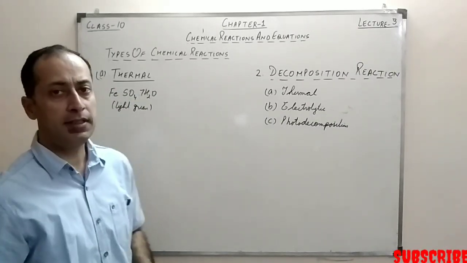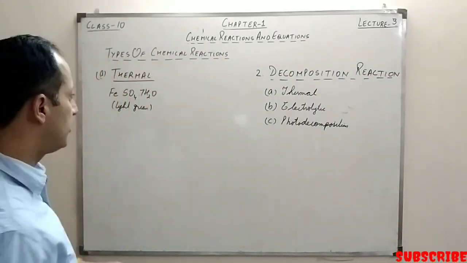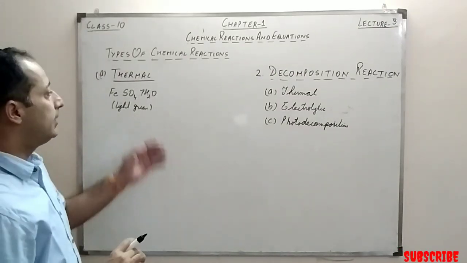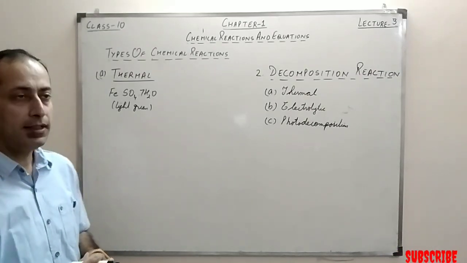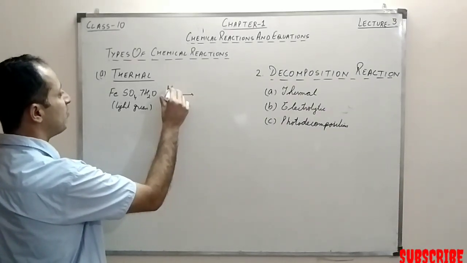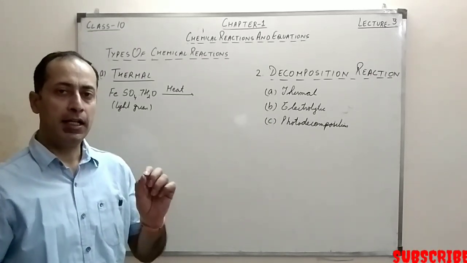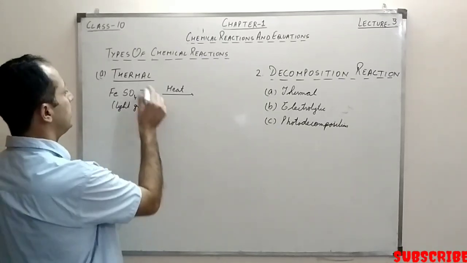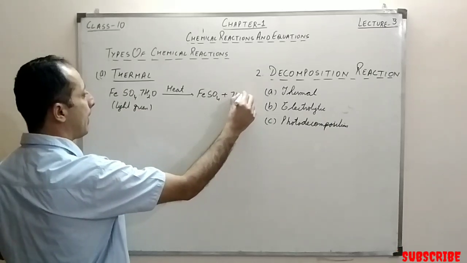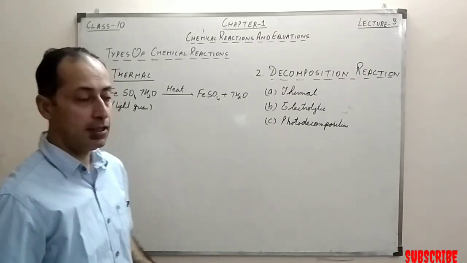This 7H2O is nothing but what is called water of crystallization, which you will be studying in the coming chapters also, right? When the crystals of any salt are formed, some water molecules get attached with them. That is why they are called water of crystallization. Now if we heat it, not very hard, just a little bit, initially this ferrous sulfate loses its color and the water molecules evaporate, and it changes to a greenish white color.